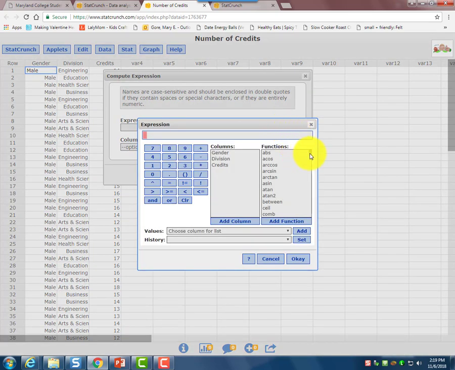This is a little more involved than our last video. I'm going to choose one of the functions already in StatCrunch called if-else. Choose it and click Add Function. It puts a shell of it here so we can fill it in. The first thing before the first comma is to put our rule there. And our rule is that division, add that column,